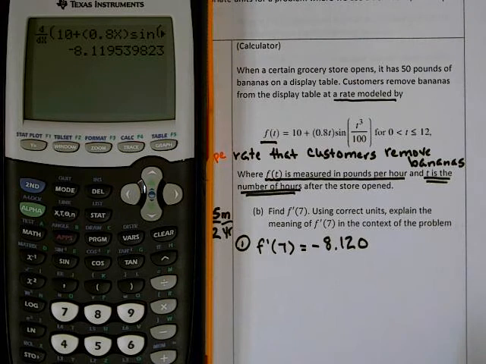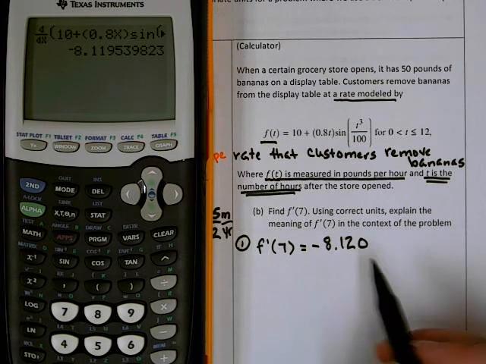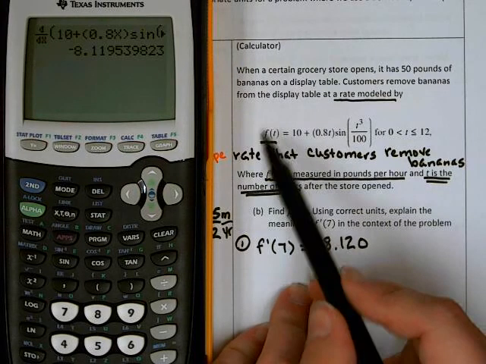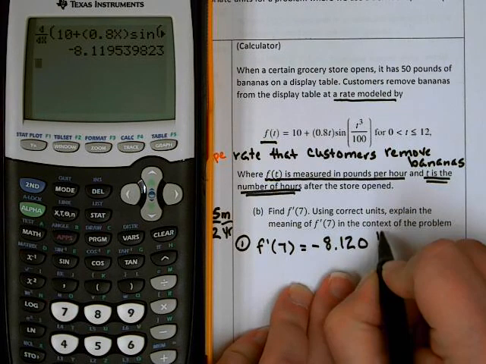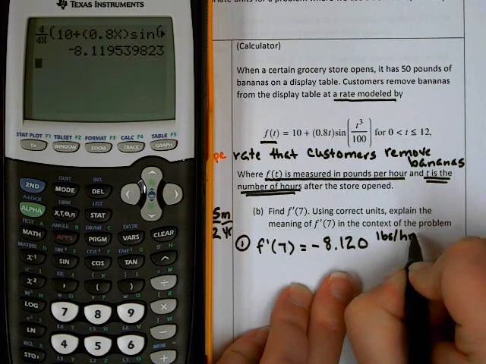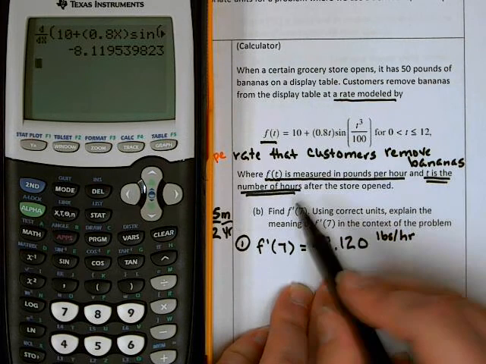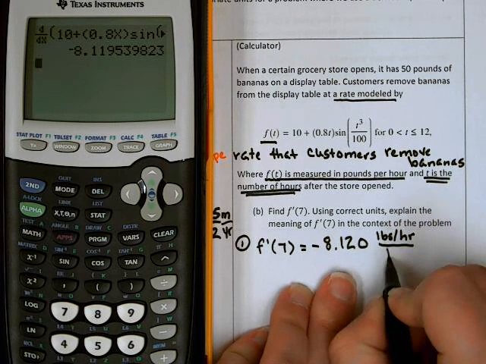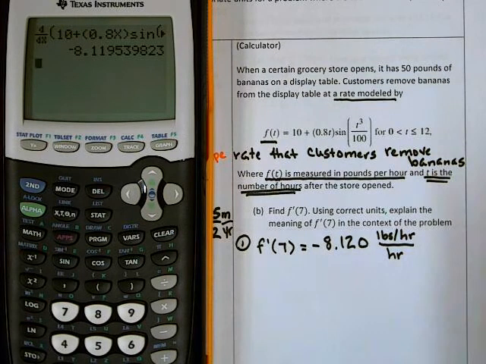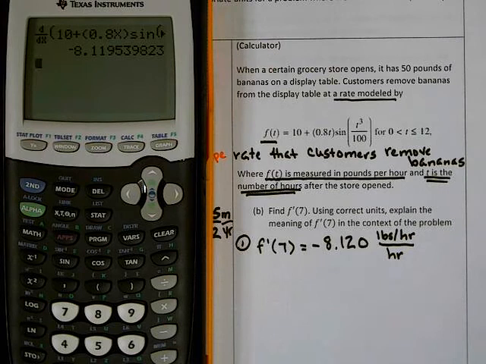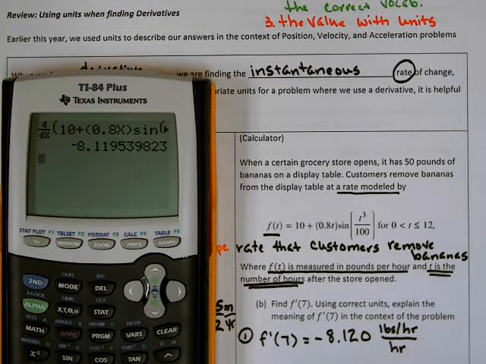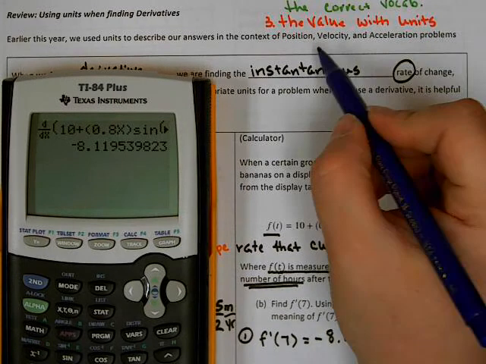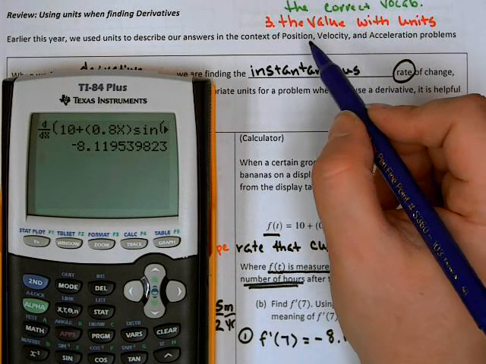All right, and now we need to actually pay attention to our units here. So when we took this derivative, we did f of t over t. So we did pounds per hour and then we did per hour. Now, I kind of skipped a part up here where we talked about position, velocity, and acceleration. Sorry, I don't know how I missed that. But if you remember, I'm going to jump up here for a second, change gears for 30 seconds, my bad guys. When we did position, velocity, and acceleration problems,